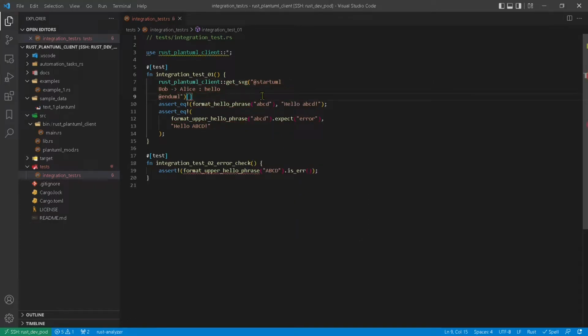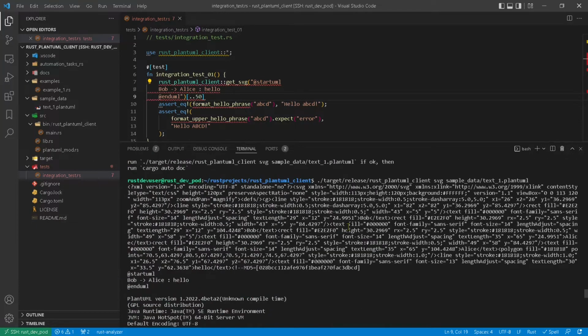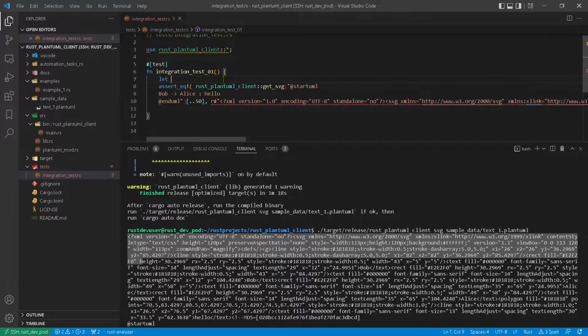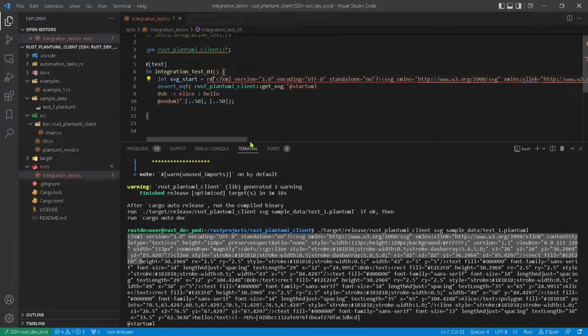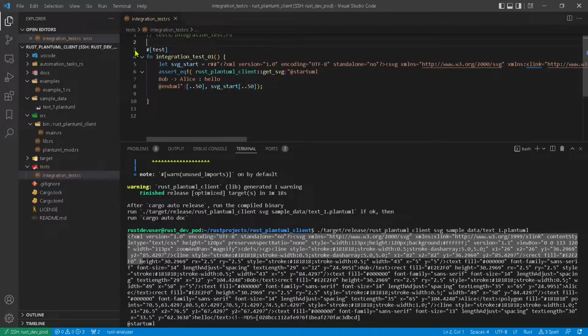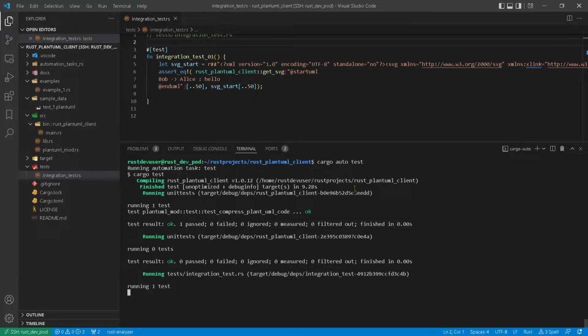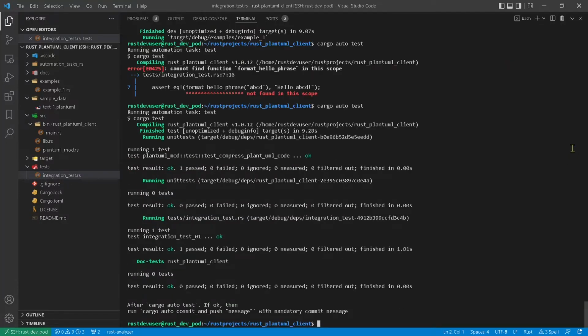For this integration test, we will check only the first 50 characters, just for learning exercise. All tests are green. Good.